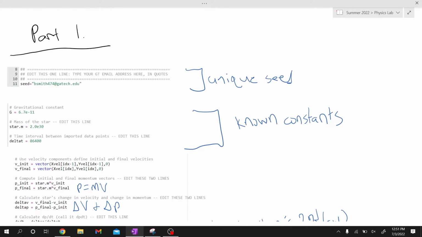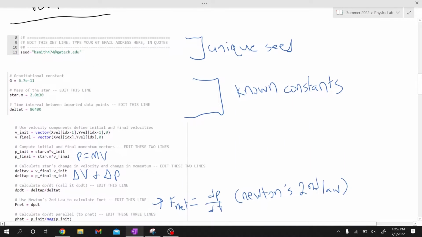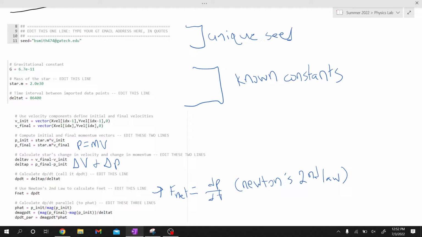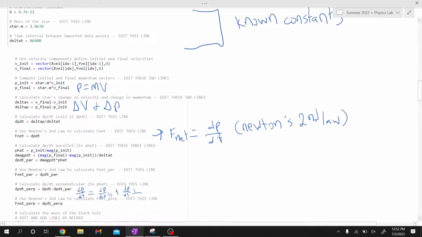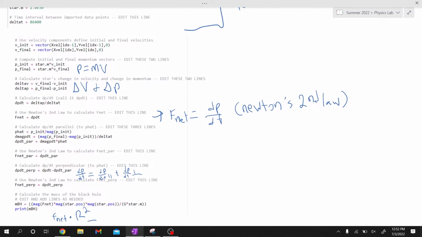In part 1, I used my Georgia Tech email address to create a unique seed for our black hole. We have a few known constants, including the gravitational constant, the mass of the star, which was given to us in the instructions, and the time interval, which is the number of seconds in 24 hours, which is 86400. To find the initial and final momentum, we use momentum is equal to mass times velocity, and then